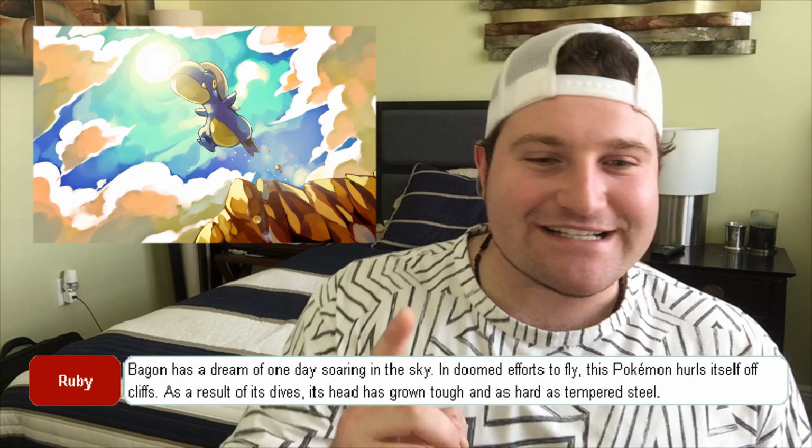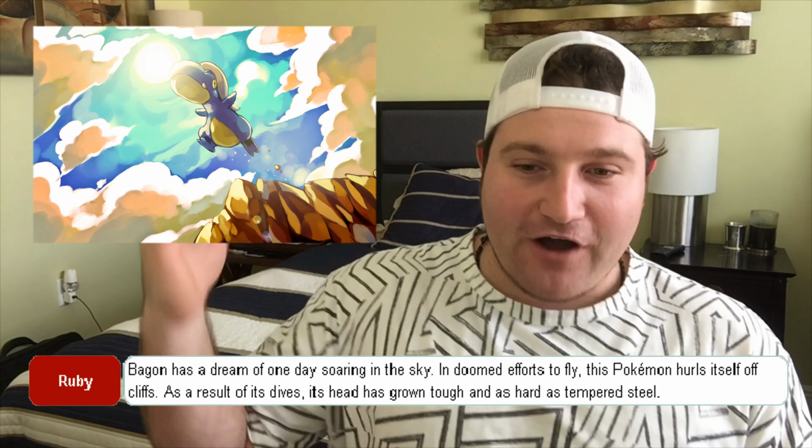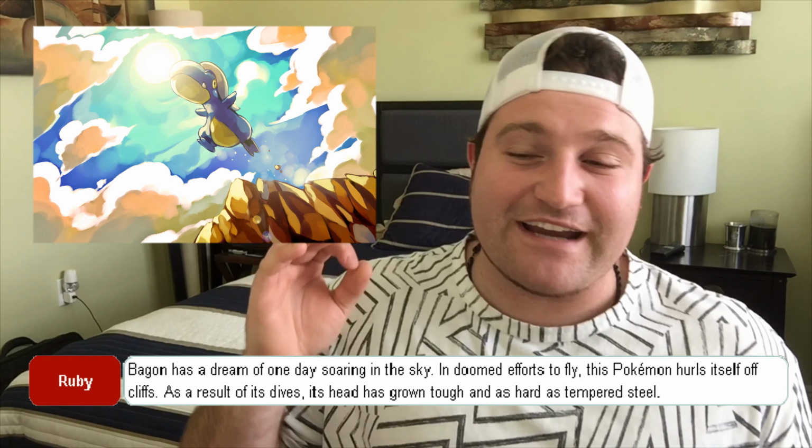Read this dex entry. Bagon has a dream of one day soaring the sky. In doomed efforts to fly, this Pokemon hurls itself off cliffs. As a result of its dives, its head grows as tough as hard-tempered steel. Literally imagine just walking around seeing a bunch of Bagon just falling in front of you. Hey, I mean, I guess you'd call that lucky, but Salamence is only 200 pounds, so what are we really